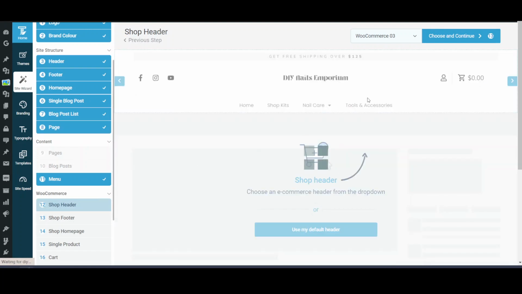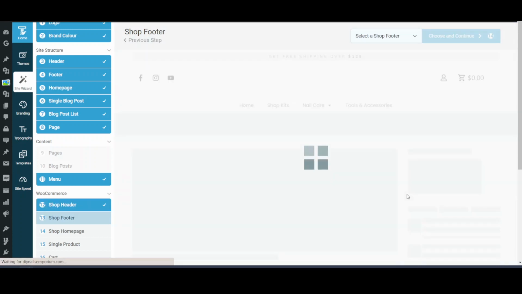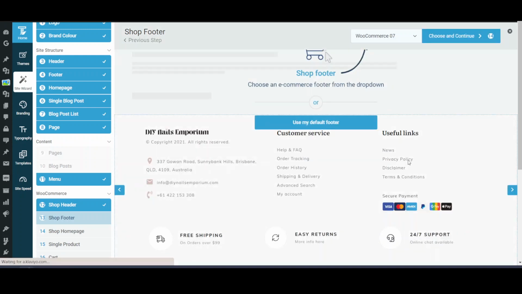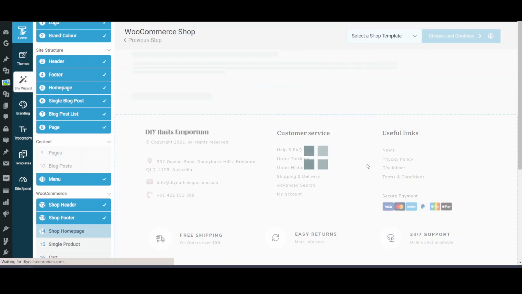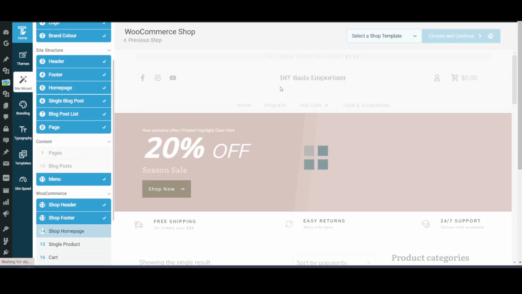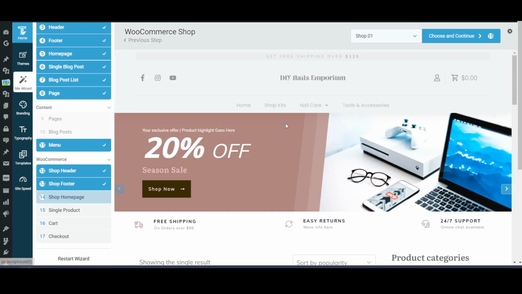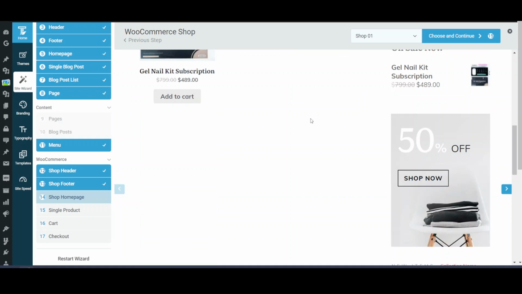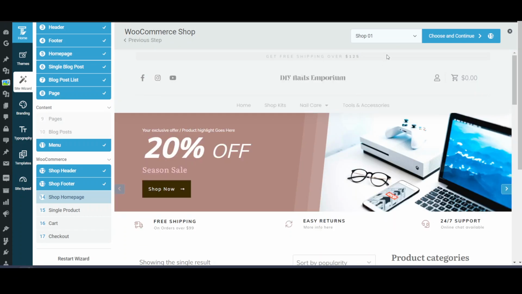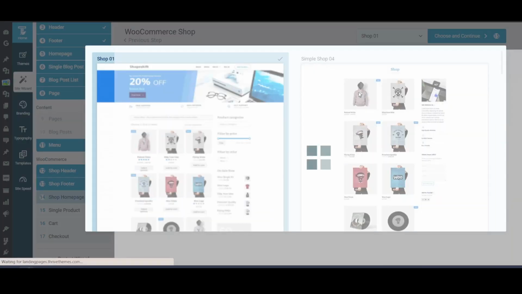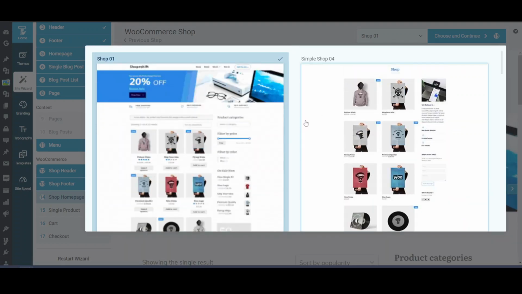The next thing is the shop. For the shop header, we can choose the default header only, because we have selected it considering the WooCommerce point. Then the footer section, I think we have already selected it according to WooCommerce only, so we can use my default footer only. And the shop template, so how do you want to show, there is a shop page, so how do you want to show the particular pages? So this is one of the options, but since we don't have many products, we'll see what other options we have. So this is the second option.